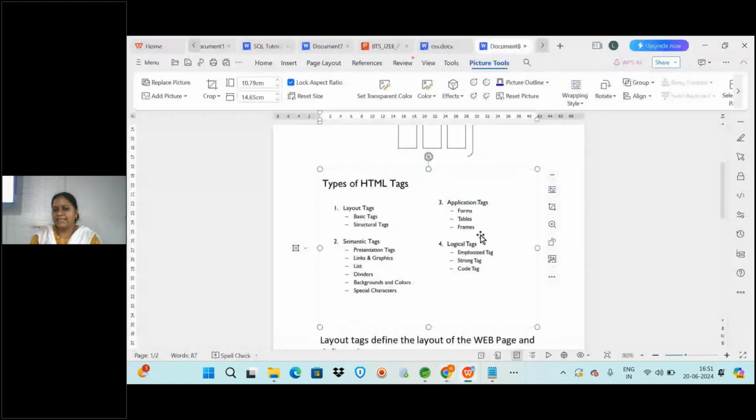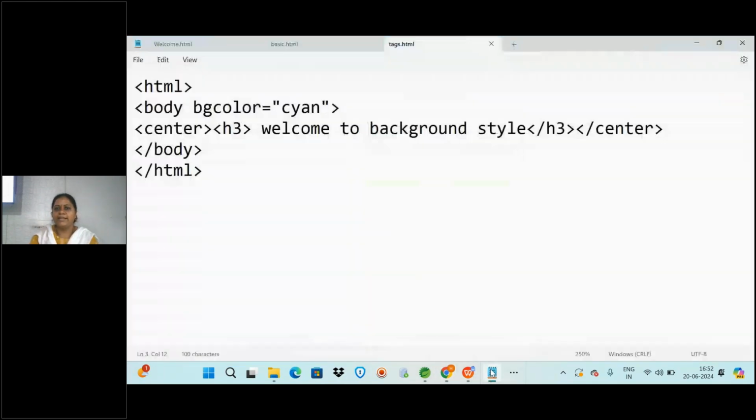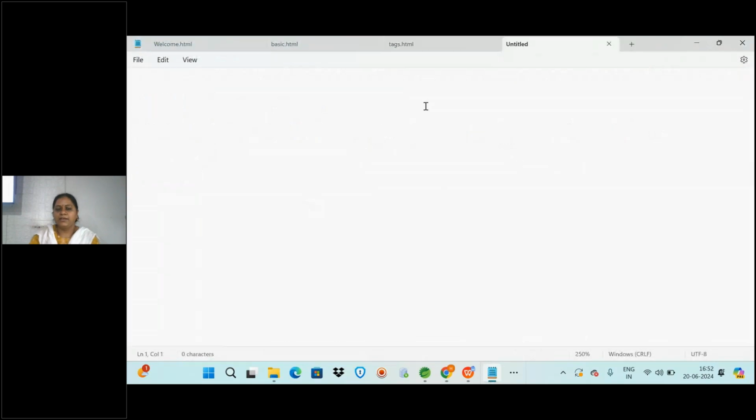Okay, and logical tags. These are also where you are entering some kind of coding, we will see later. So I will show you how to create a simple form like this page. So how are we going to create this? Let us take one page, and you will be writing the HTML tag here. As I said, if you are not writing HTML also, it will work, no problem. So you can write in the body tag.